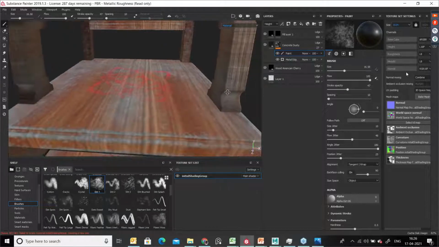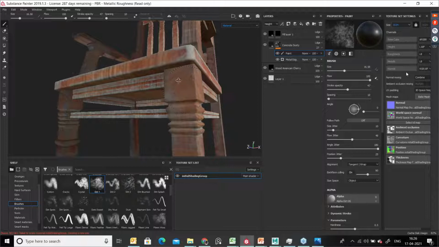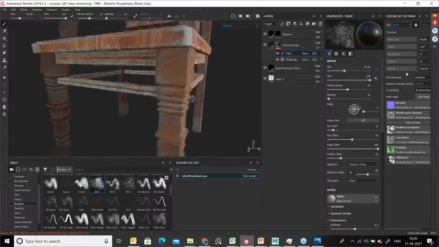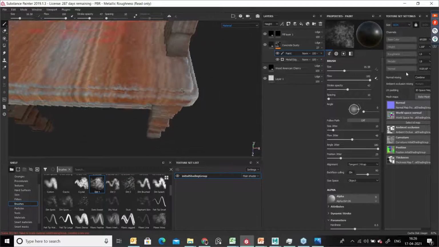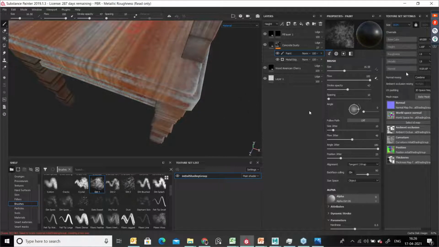Okay, so now I think this detailing is enough. You can go for one more, that is for this one. Like the corners and all, we need to damage the corners. How to do that? I'm going to show you now. Naming convention is very important, so paint the logo, you can mention it's a logo. And this is the concrete dusty layer, already there.